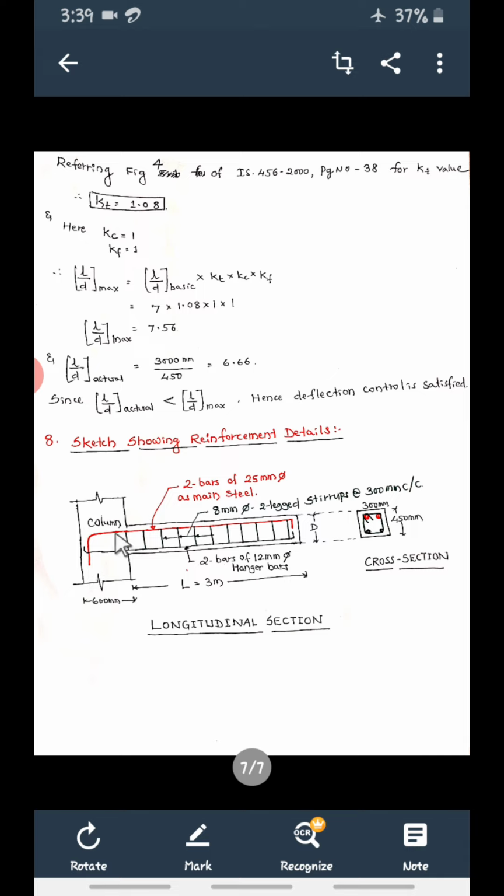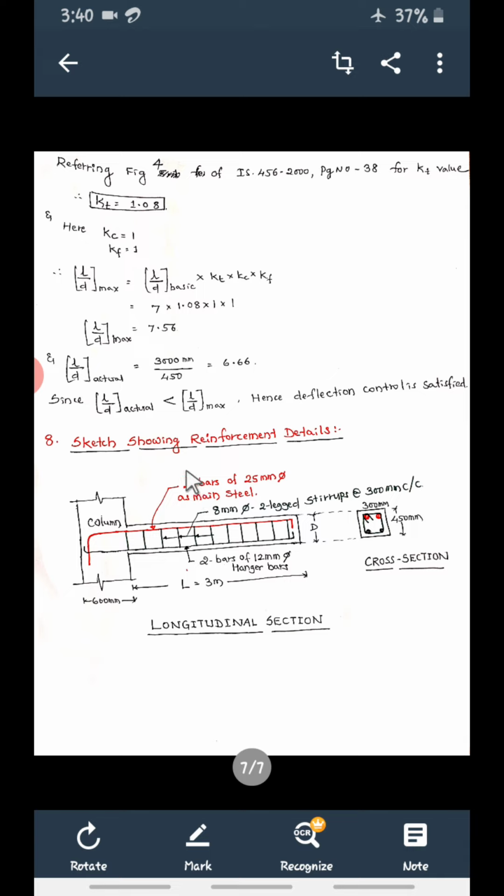So see, this bar up to this, it is a fixed end. From here also this bar will be extended. Then again the bottom hanger bars are also extended and taken into the column, and these are the stirrups. So this is important here. One is main bars at the top, bottom anchor bars, and stirrups as usual. Then one more important thing you have to remember: bending moment is WU L² by 2. Then maximum shear force at the supports is W into L. So these are the things you can remember.